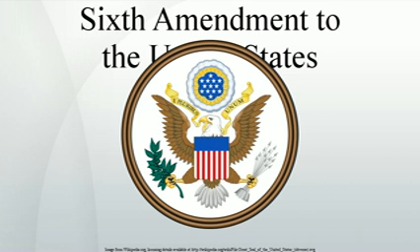Vicinage. Article 3, Section 2 of the Constitution requires defendants be tried by juries and in the state in which the crime was committed. The Sixth Amendment requires the jury to be selected from a judicial district ascertained by statute. In Beavers v. Henkel, 194 U.S. 73, 1904, the Supreme Court ruled that the place where the offense is charged to have occurred determines a trial's